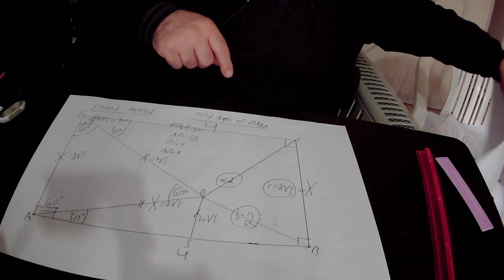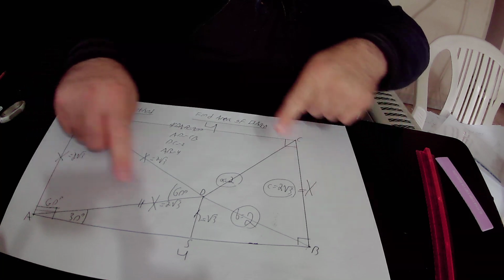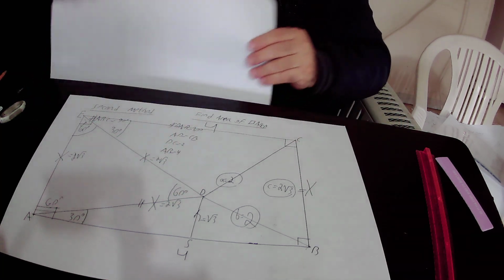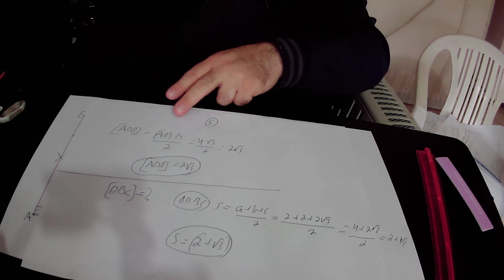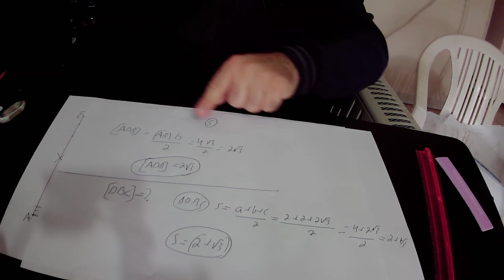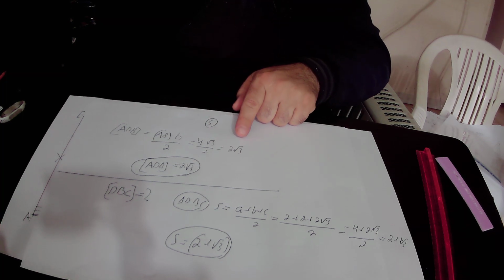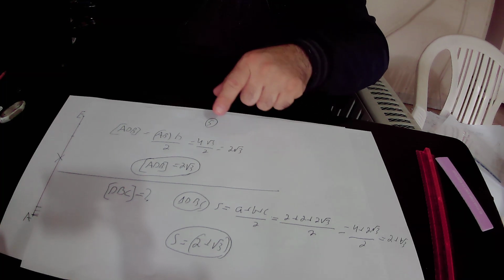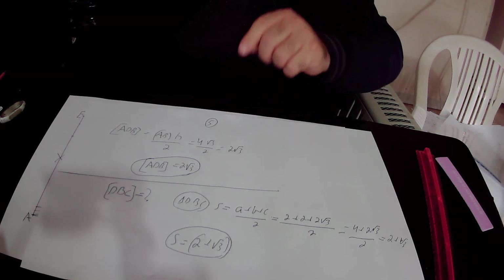The area of triangle ADB will be equal to the base of the triangle, that is AB, times the height over 2. AB is 4 units and we found out that h equals the square root of 3. So AB times h is 4 times the square root of 3, all divided by 2. 4 over 2 is 2, so the area of triangle ADB equals 2 times the square root of 3 square units, and the only thing left to do is to find the area